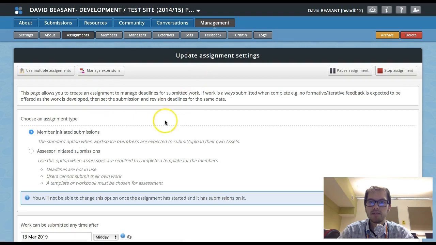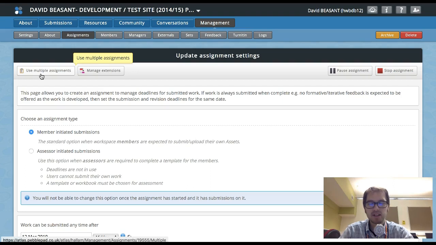Okay, so here is the page where you can set up an assignment. You have the choice up here, top left, to use multiple assignments, which is great. It might be that you want to have more than one assignment set up that you're going to put in Atlas, but please be aware that it still will only create one grade column in Grade Center. So if you have two assignments on this workspace,